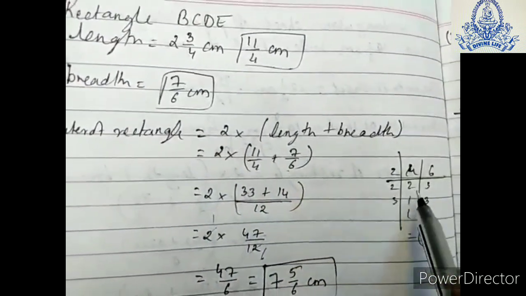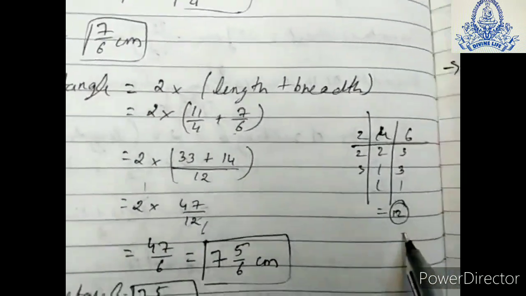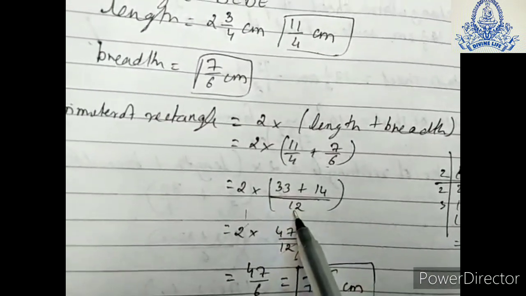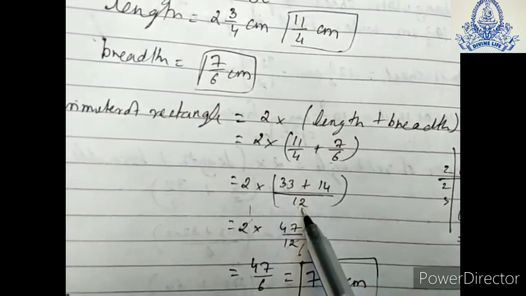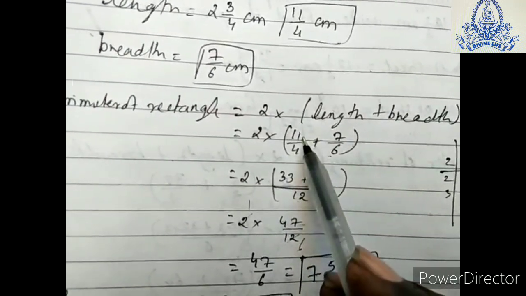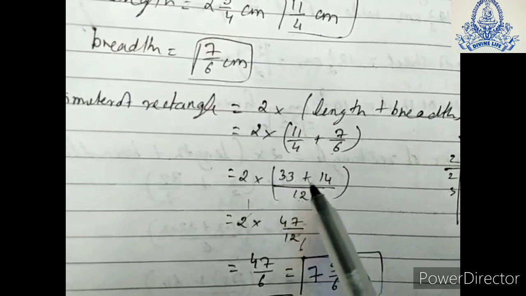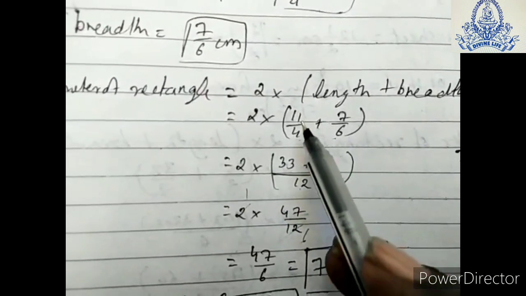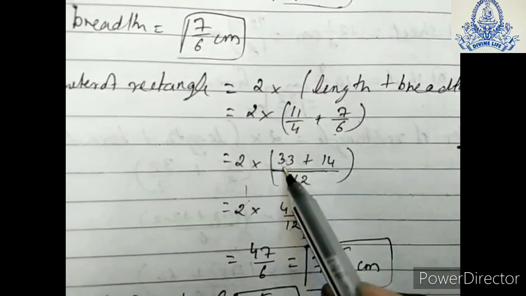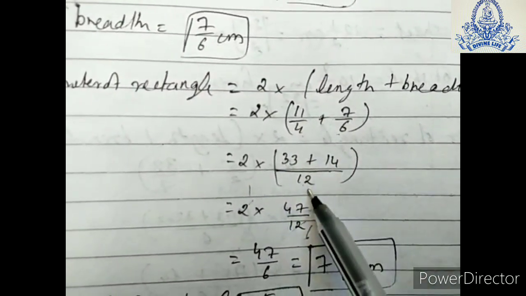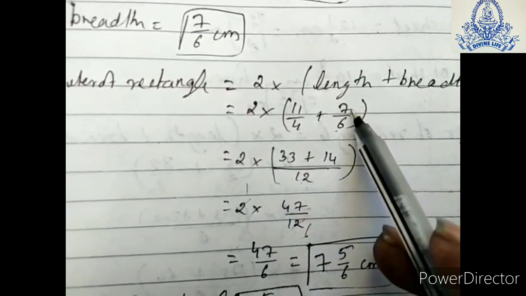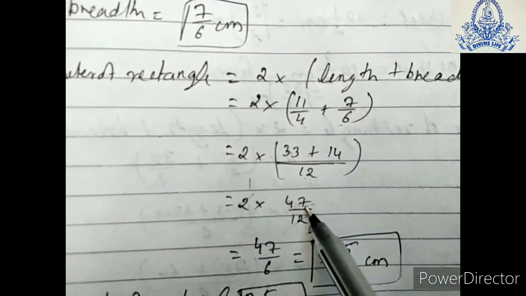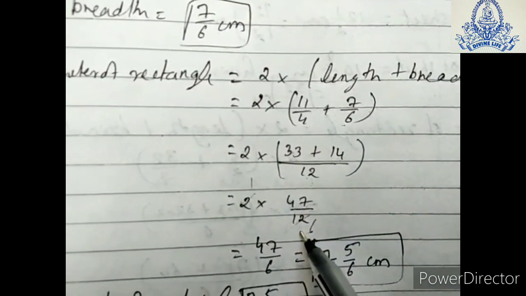So we will take the LCM of 4 and 6, and we get the LCM of 4 and 6 is 12. After taking the LCM 12, in the 4 table, 12 is coming at 4 3s, the same 3 we will multiply by 11, we get 33. Listen carefully. 4 3s are 12, the same 3 we will multiply by 11, we will get 33. In the same way, 6 2s are 12, the same 2 we will multiply by 7, that is 7 2s are 14 we get. So 33 plus 14 we will get 47 upon 12.